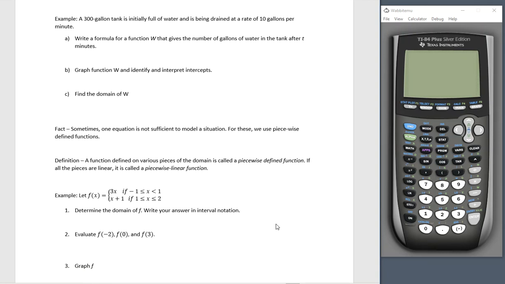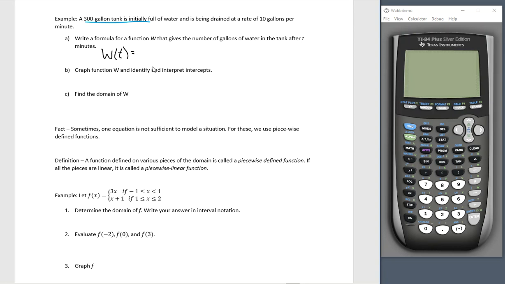All right. So a 300-gallon tank is initially full of water and is being drained at a rate of 10 gallons per minute. We want to write a formula for a function W that gives the number of gallons of water in the tank after t minutes. So W is the number of gallons. And I can see here, initial is 300 gallons. So if I'm writing a formula,